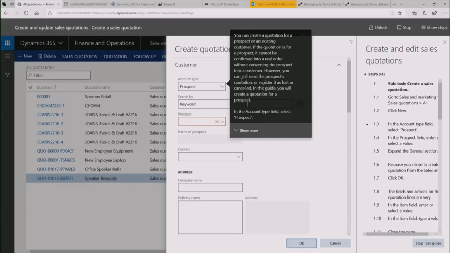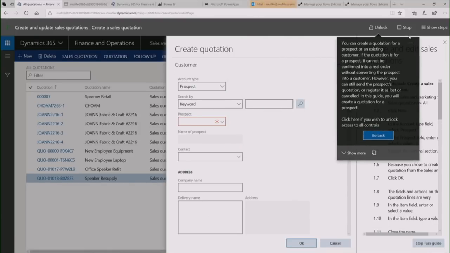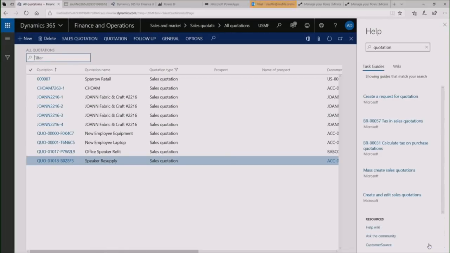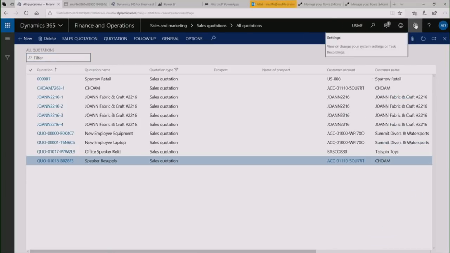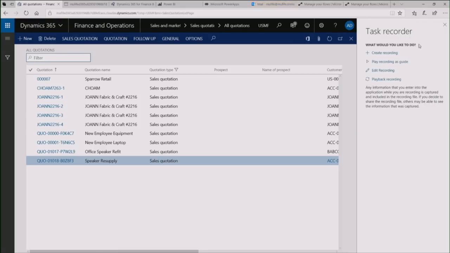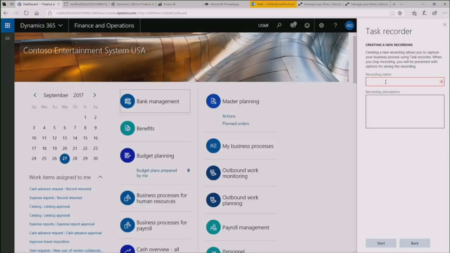Now, these are the standard task guides, but let me stop this. I've got a little bit of time. I wasn't going to go through the entire thing, but the other thing about the task guides is that there's a function called task recorder. Everything that I showed you is what's delivered by Microsoft, but the task recorder is even more important because I can go out and say, I want to create a recording,